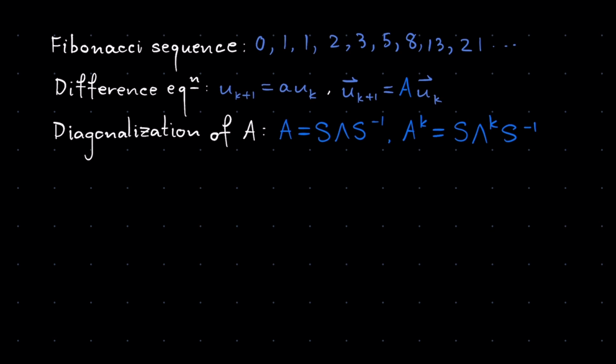First of all, recall the recursive definition of the Fibonacci numbers, i.e. the usual definition of the Fibonacci numbers. It's this. And second of all, we need to know what a difference equation is. The difference equation is this, and we're going to use the vector matrix form today. It's the current vector is equal to a matrix times the previous vector.